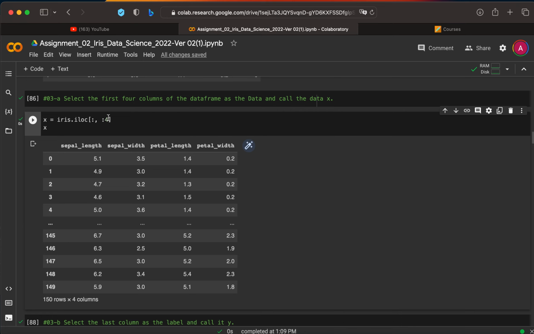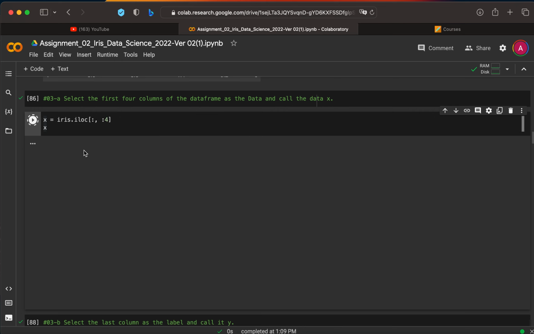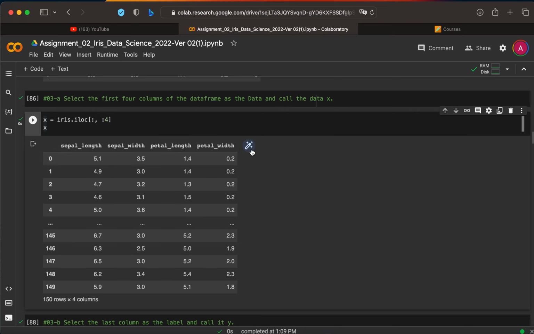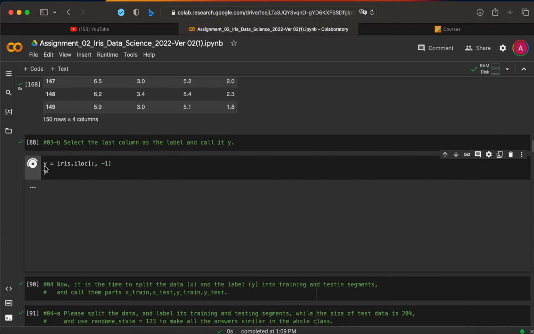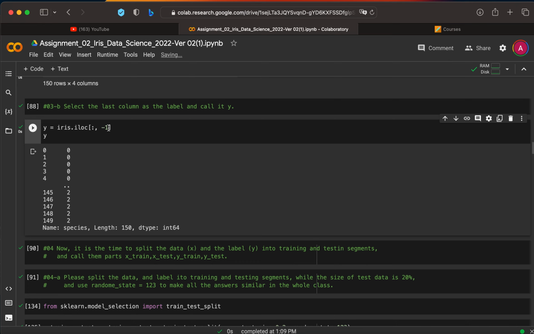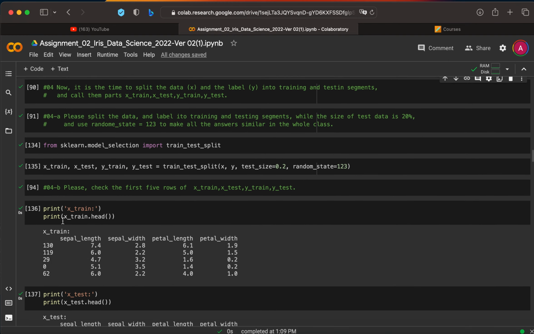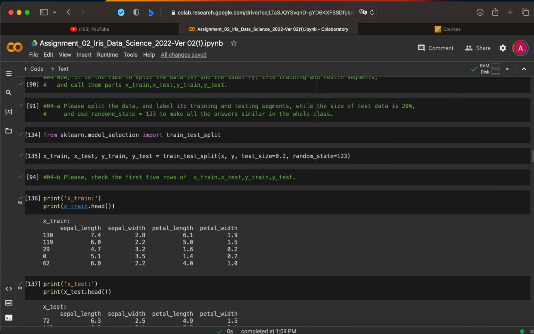So this is gonna be the 4, and then we print it out. So the species disappears. And now we're gonna do the last column. We use -1, it means the last. So we only printed the species column. And then for the 4,